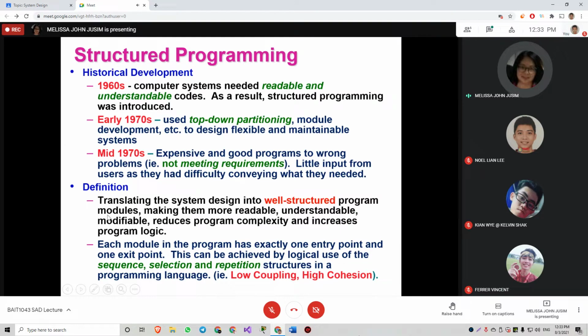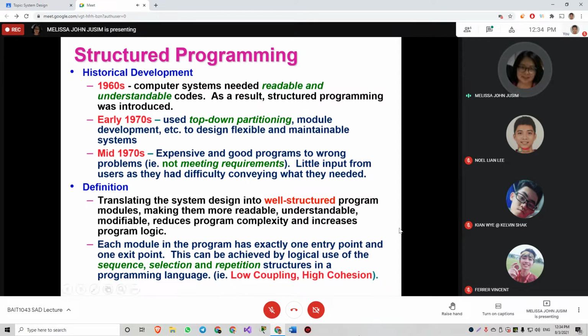The three good characteristics of the system design that we covered last week are high modularity, low coupling, and high cohesion. Because of this, we want our modules to be readable, understandable, modifiable. Definitely, we can reduce the program complexity, because when we come up with the solution, it's by modules.